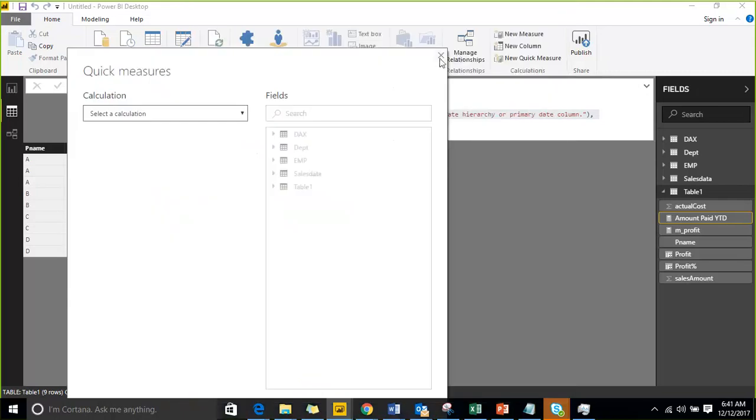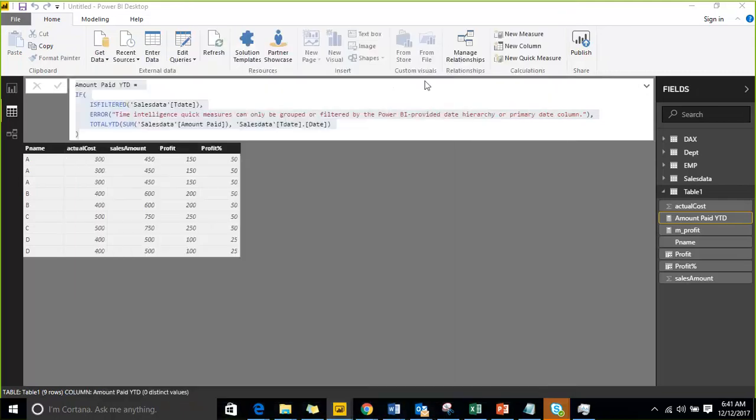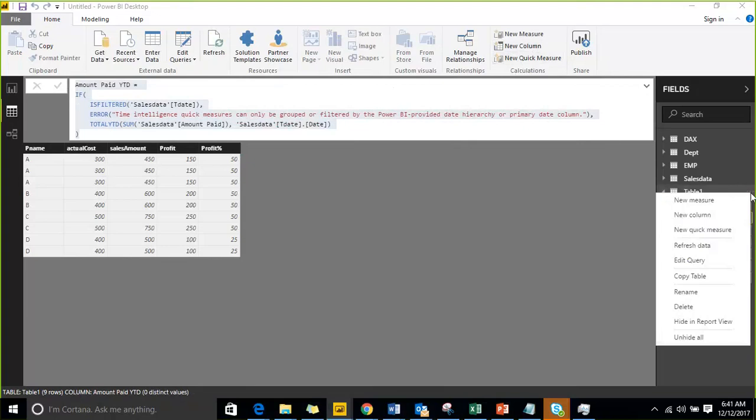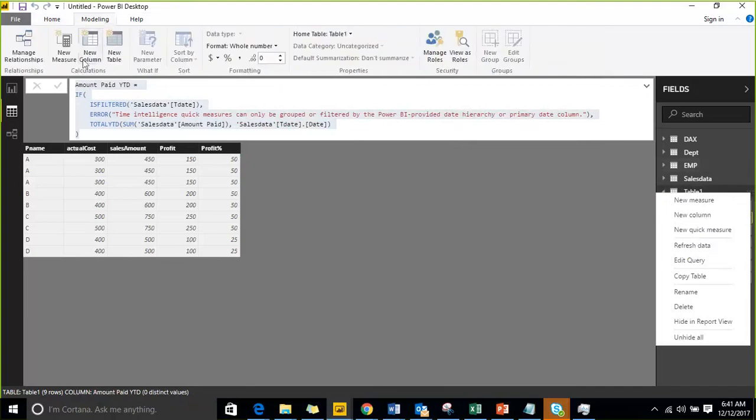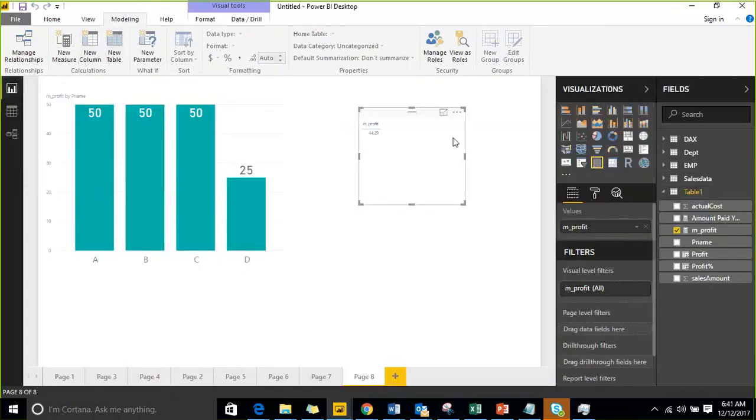So this is how Microsoft is supporting new users. So that is what quick measure. These are the three things which are there as part of a table level or a column level, at a home or a modeling, all the places that you have: new measure, new column, and a quick measure. And the next one is